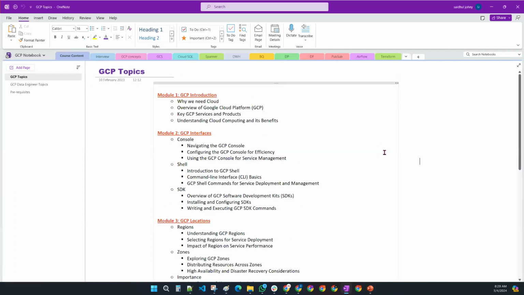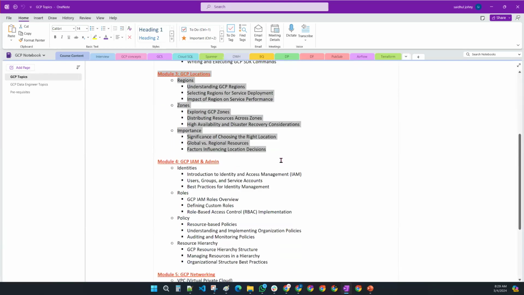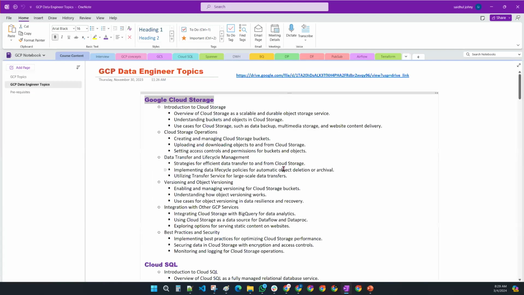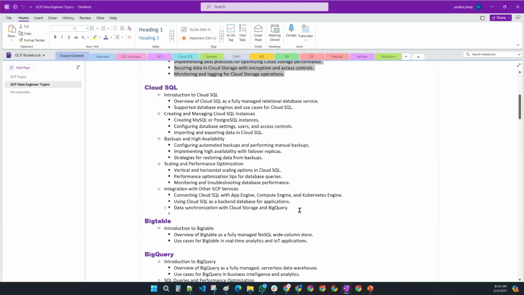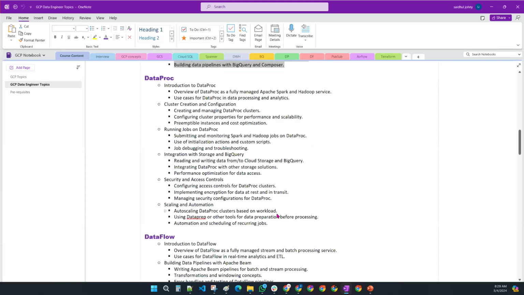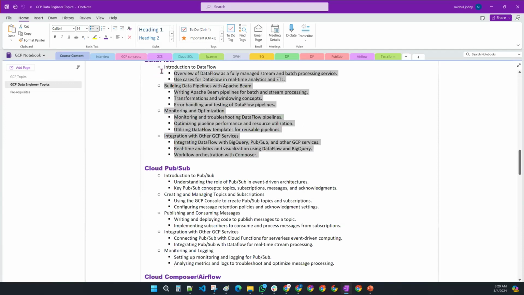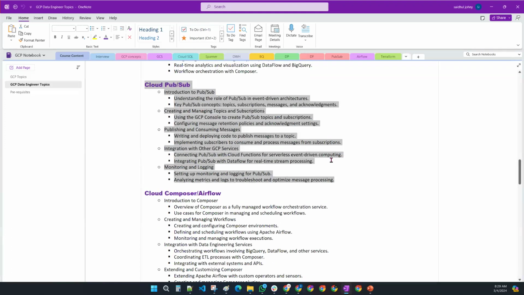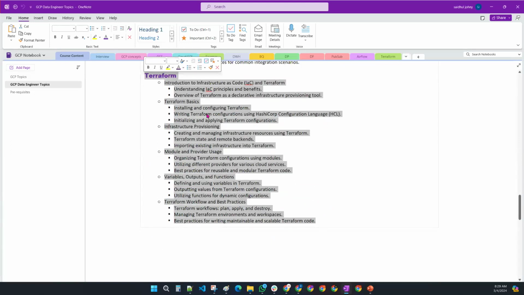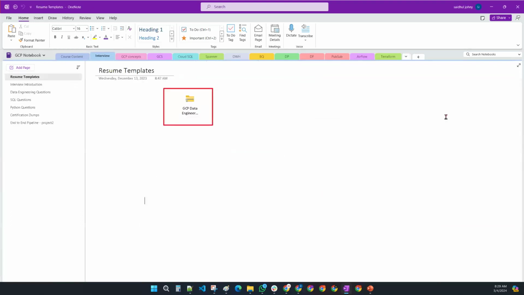The course content covers the introduction, interfaces, locations, IAM and advanced services, compute options, and data engineering services: Google Cloud Storage, Cloud SQL, Bigtable, BigQuery, Dataproc, Dataflow, Cloud PubSub, Cloud Composer, Data Fusion, Terraform. Okay, sir, I have designed this course in such a way that you will be able to get all